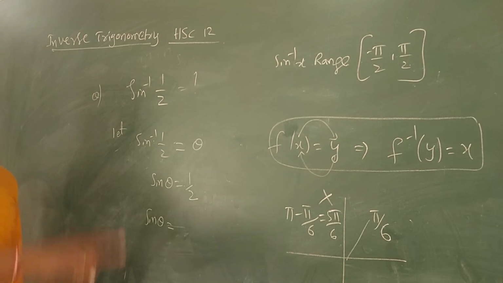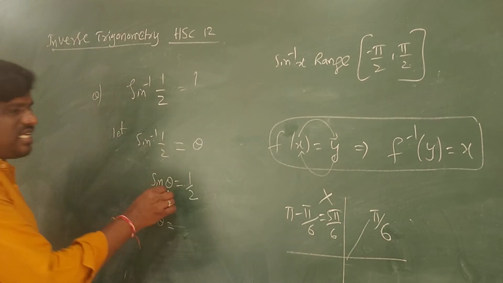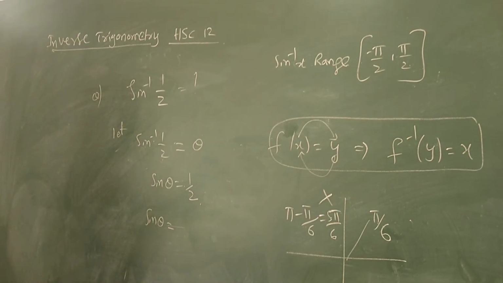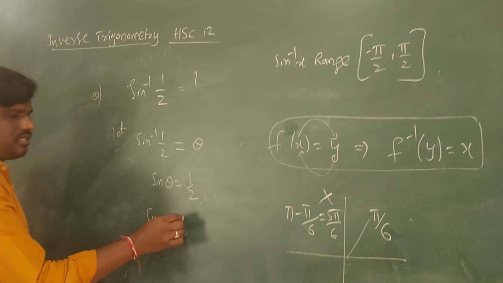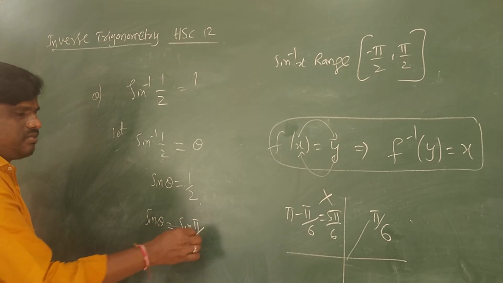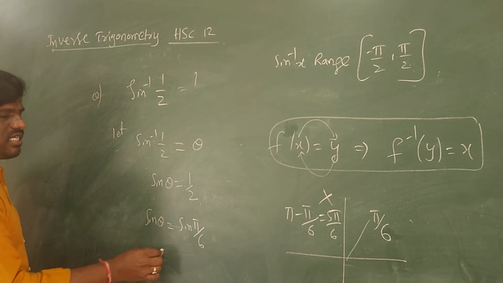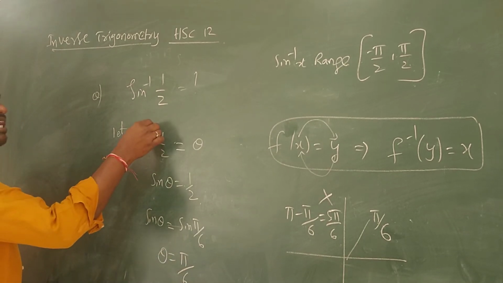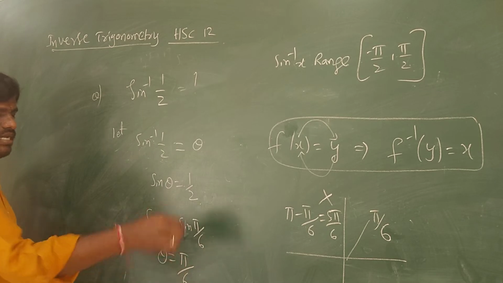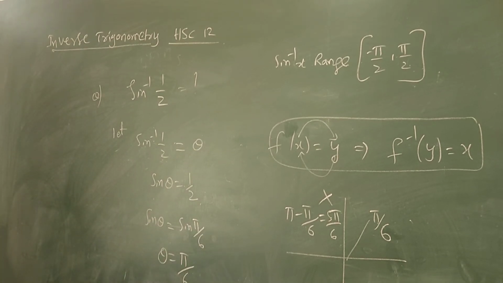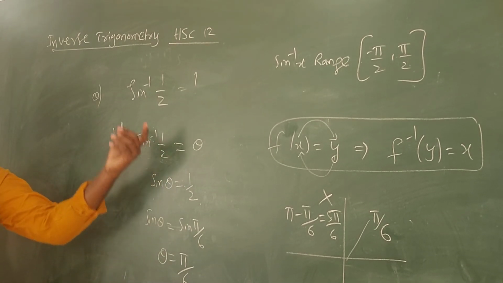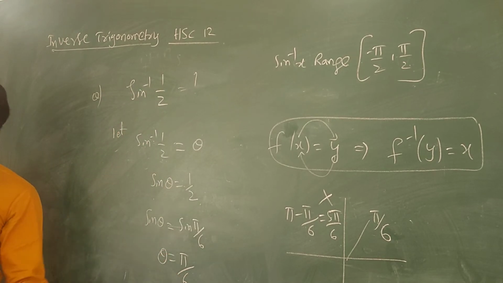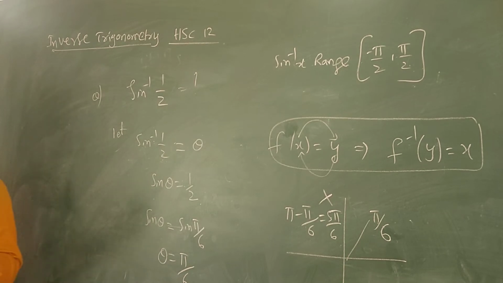I can take only pi by 6 because you know that sine theta is half, it becomes pi by 6. But the principal solution for this is pi by 6, means sine pi by 6. So theta is nothing but theta is equal to pi by 6. Sine inverse 1 by 2 is equal to pi by 6. Are you getting it? You need to find the angle of this. So the principal solution for sine inverse 1 by 2 is pi by 6 is the answer. Did you understand what I said?